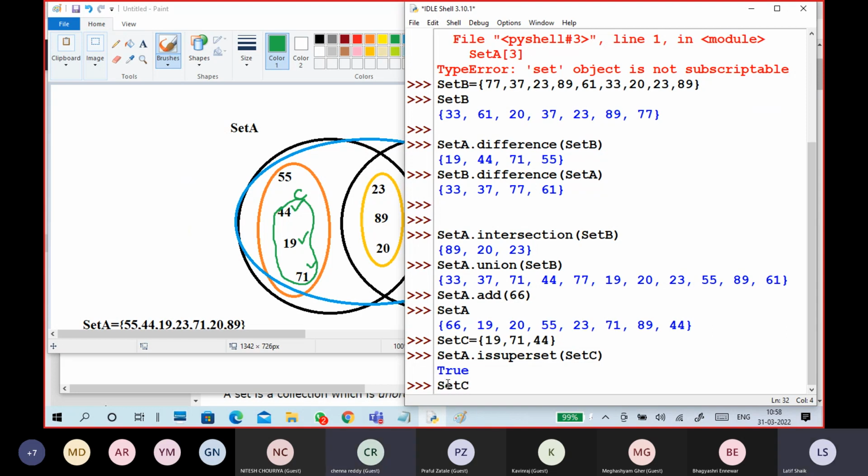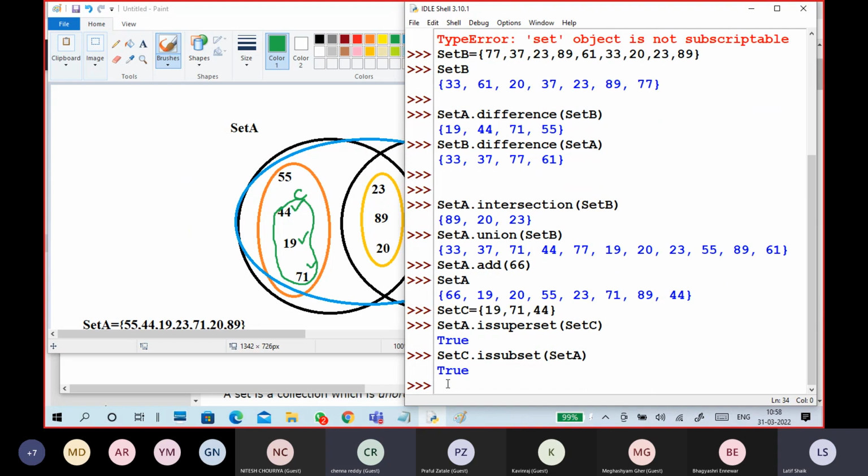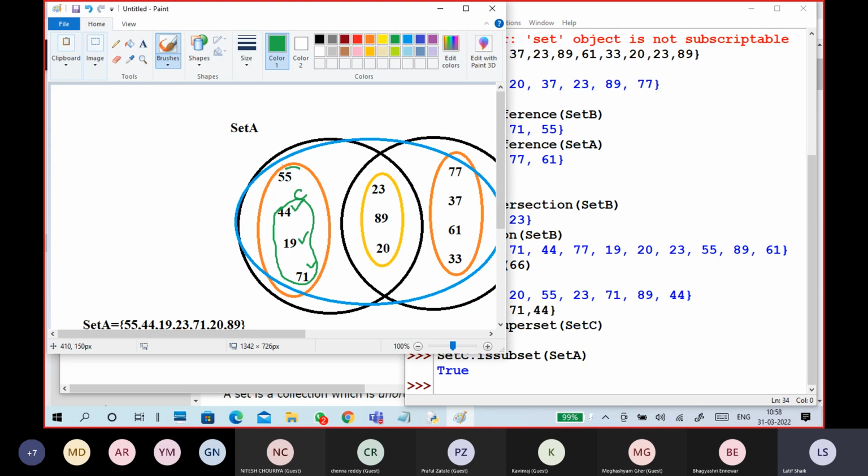Set C dot is subset of set A. Same thing you can verify with the reverse order and also A to B. Also you can create one more set and try with A and with B also.